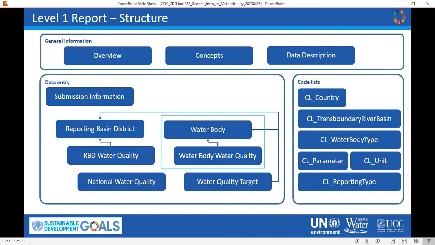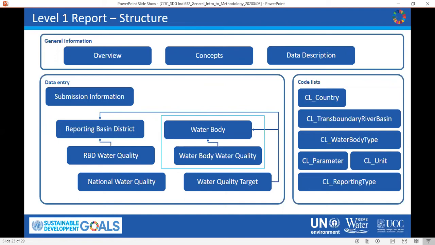The table overview gives information about the structure of the template and contains guidance on how data needs to be entered. The second table called concepts includes the concepts and definitions of the terms that are used within the reporting template. And the table data description contains information about all the data elements and fields,